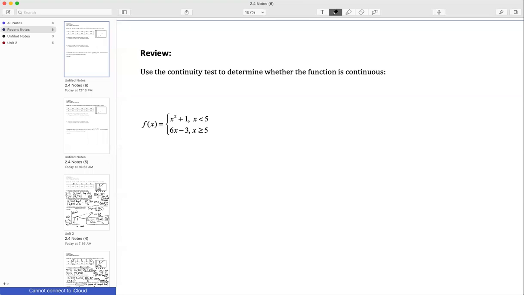Okay, so we are going to do the last example of our notes here. It says, use the continuity test to determine whether the function is continuous. And so the only point that we need to check here is at x is equal to 5